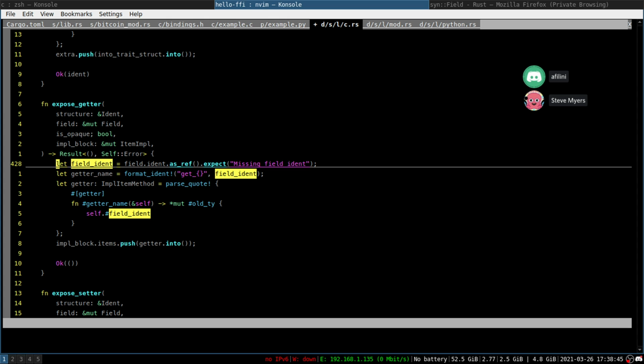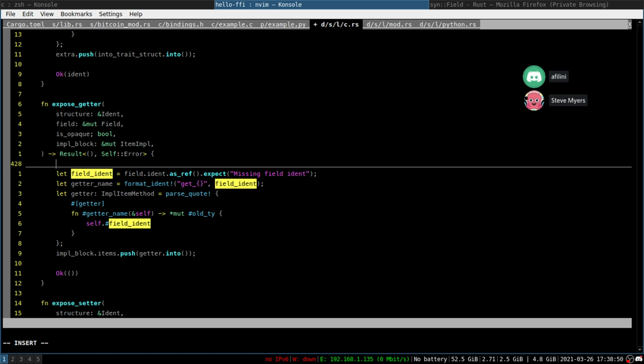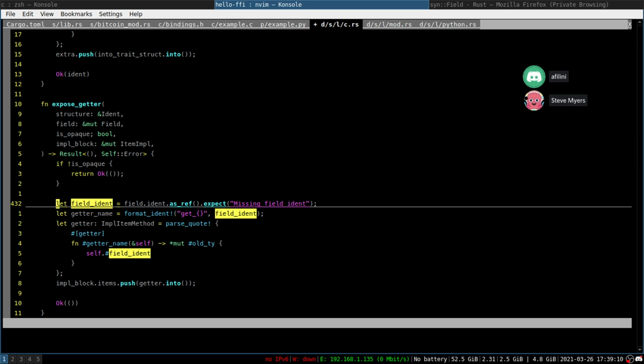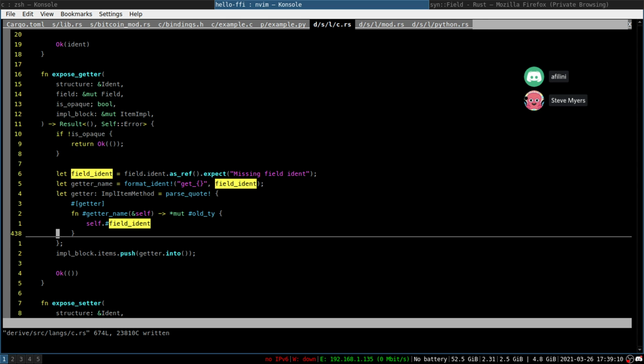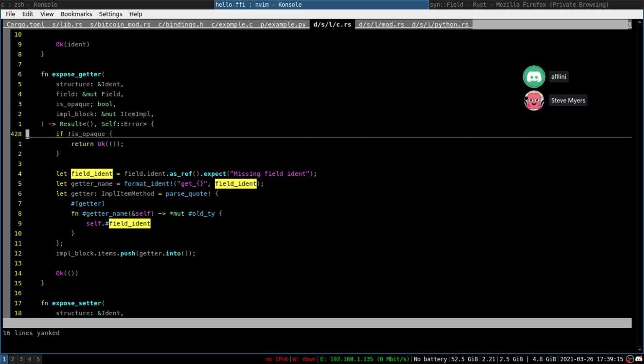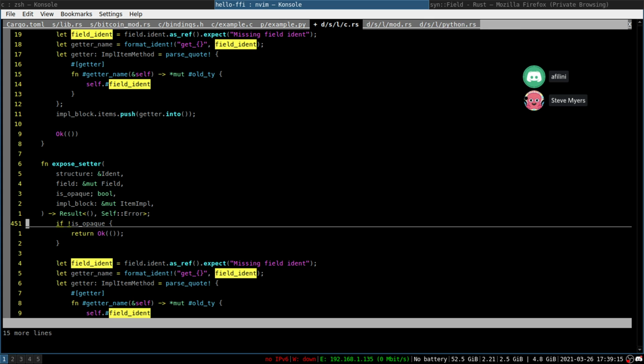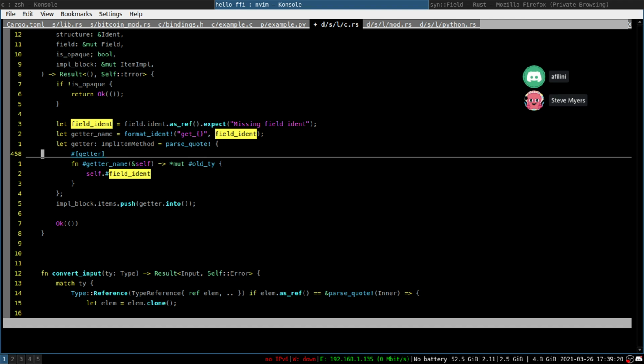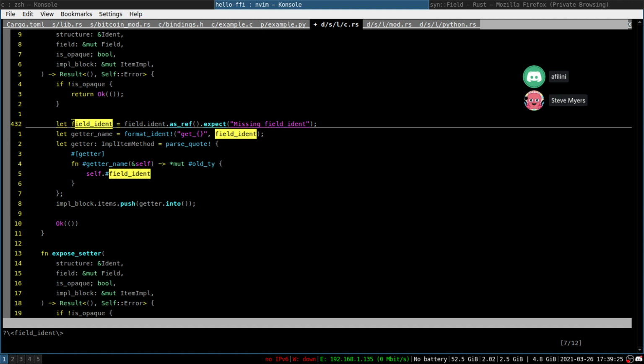Okay, and in C specifically, I don't create one. If the structure is not opaque, I just don't do anything, because in C, if it's not opaque, you have access directly to what's inside, so you don't need a getter. So I'm just going to check if not is opaque. Okay. So for the setter,